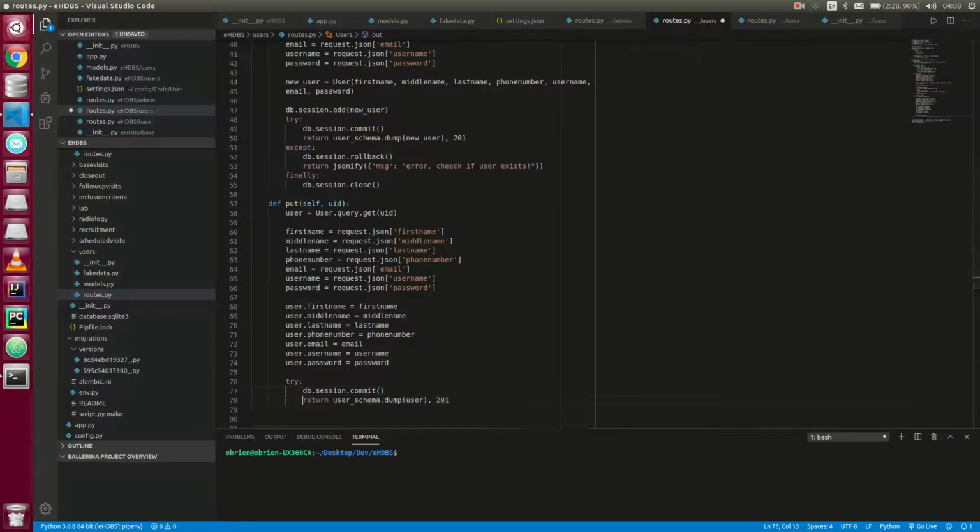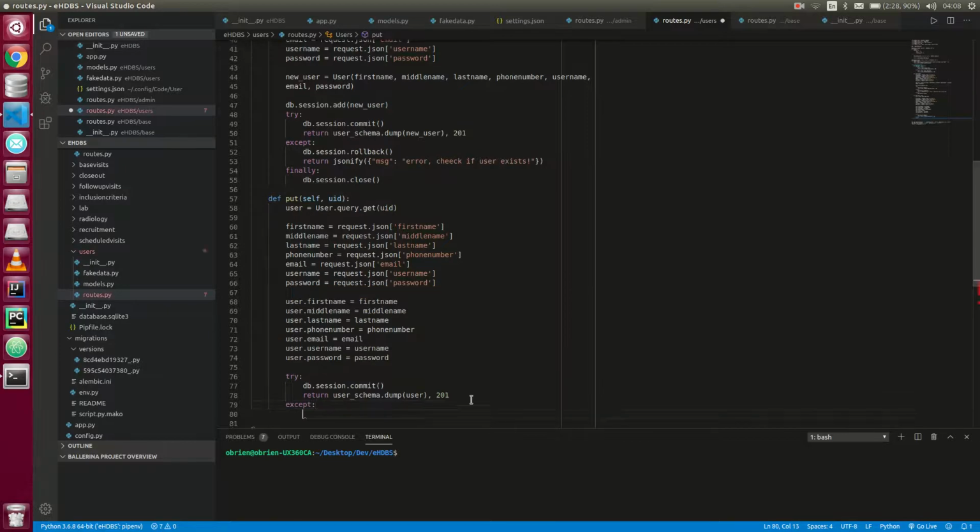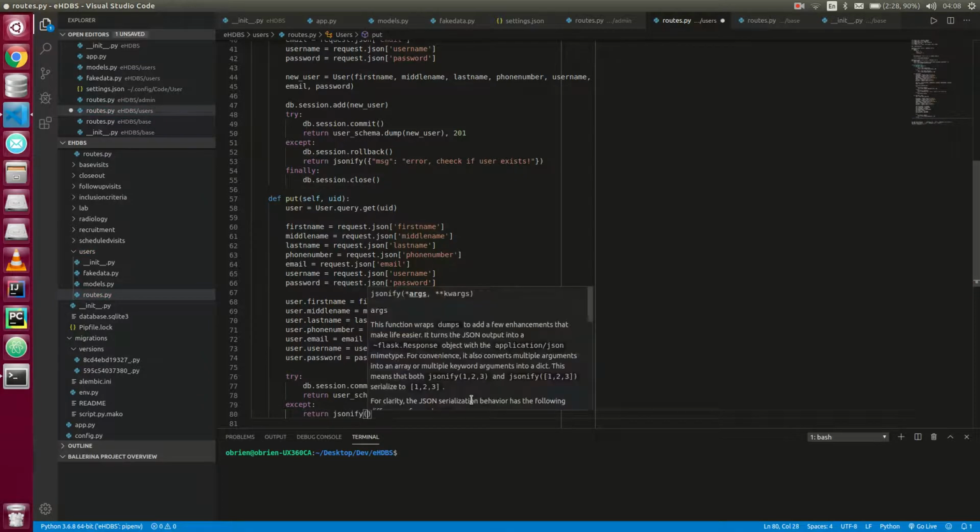And then if that one works, we'll just return the serialized user, or if it fails, except, we're going to return, just do jsonify here, and then you can just do JSON here, JSON there. Or you can just do